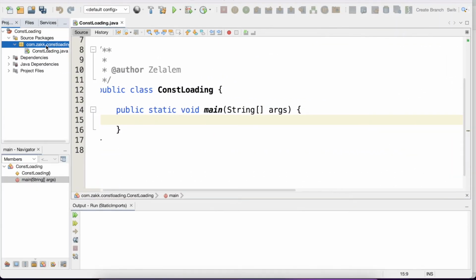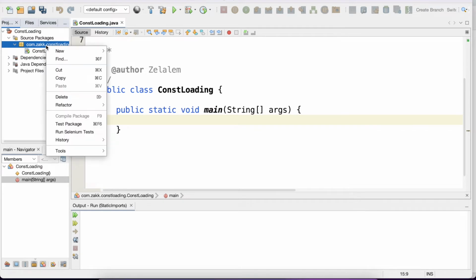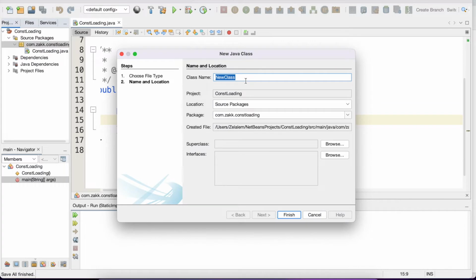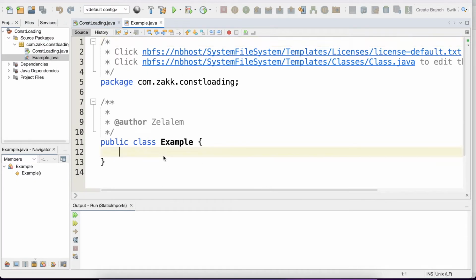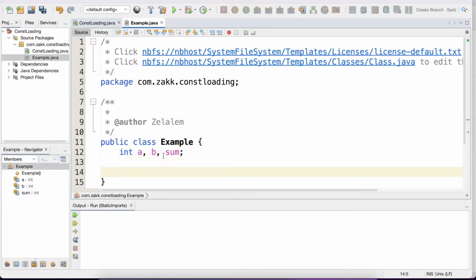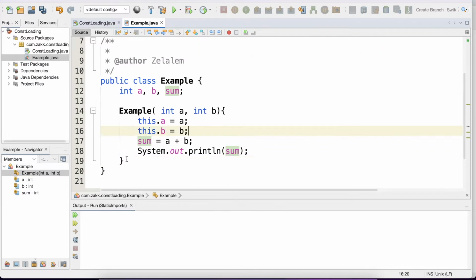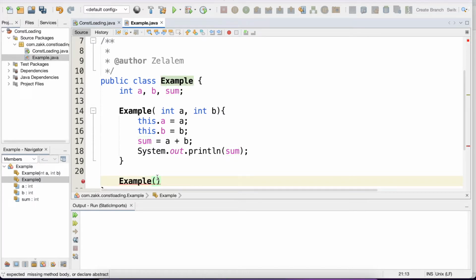So to demonstrate that one, let's create a new class and let's call it Example. Here we can have, let's say, variables int a, b, and sum, and then we will have a constructor of Example. So this is one of our constructors, and when we overload, we can create, as you remember from our